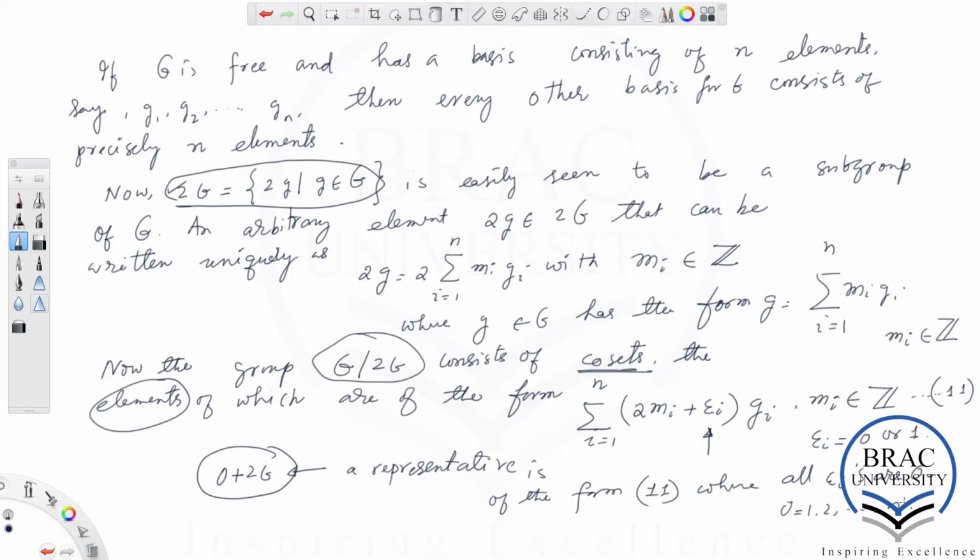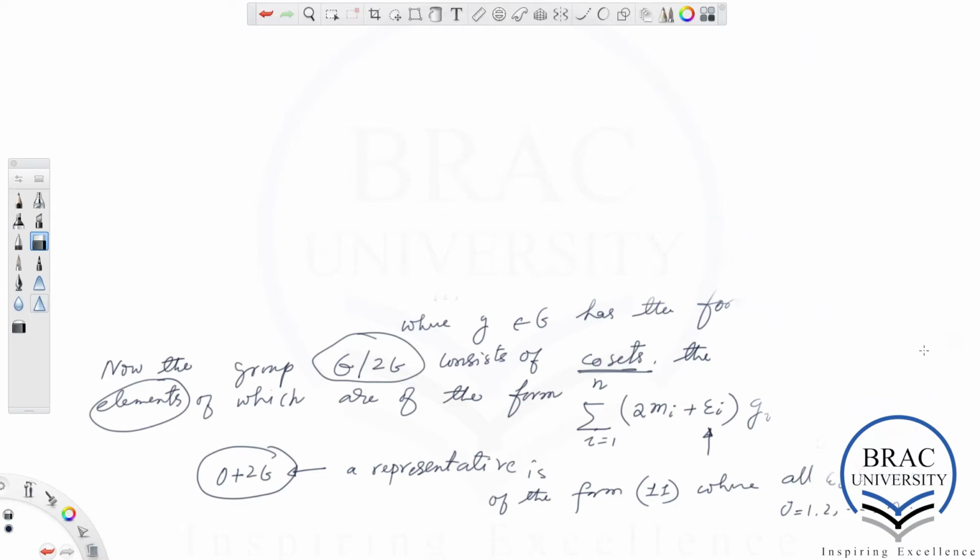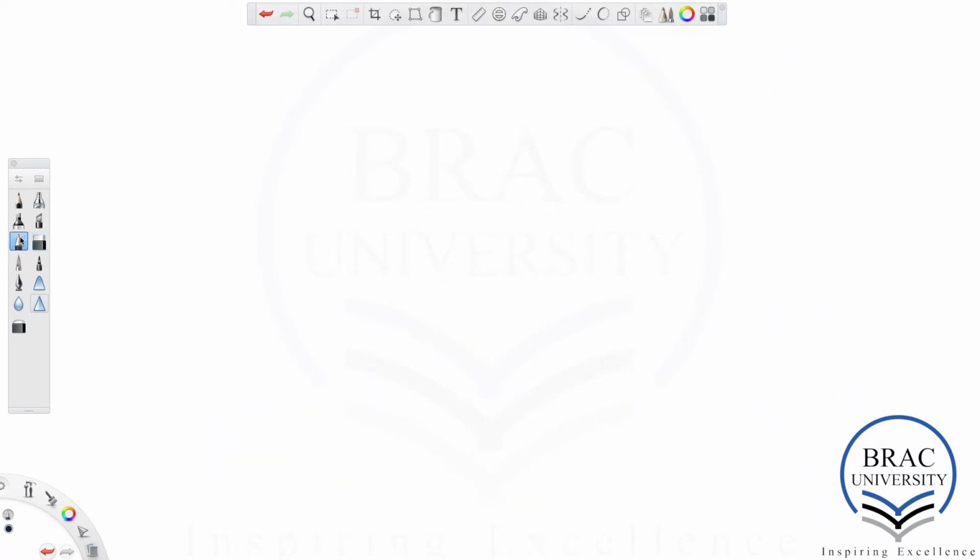How many representatives can we choose from here? There are n epsilon i's, right? i runs from 1 to n, and there are two possibilities one can choose for each epsilon i, either 0 or 1.